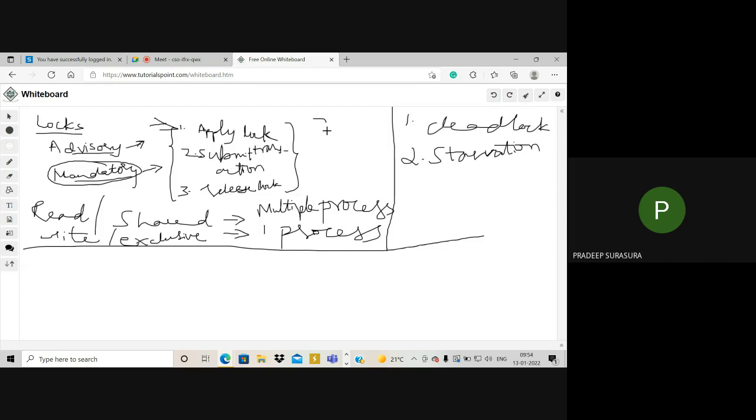So these procedures have to be mandatorily followed. Now our main intention is not to lead to any problems. There are two problems that may arise: deadlock as well as starvation. Deadlock means, imagine one file is being locked by one process. It has not completed the transaction, so the lock is not released.